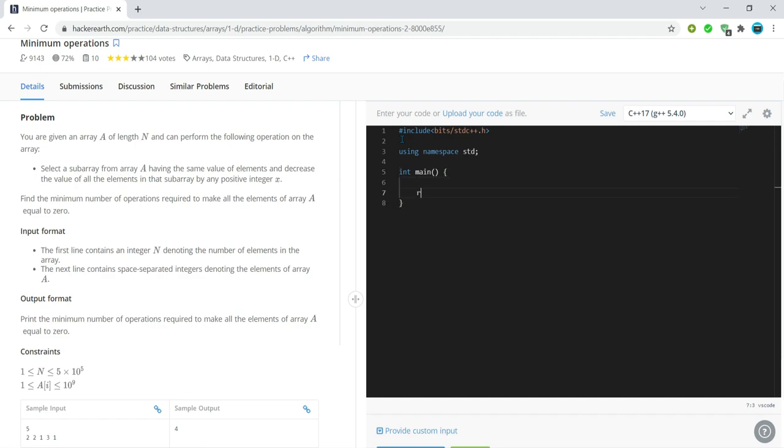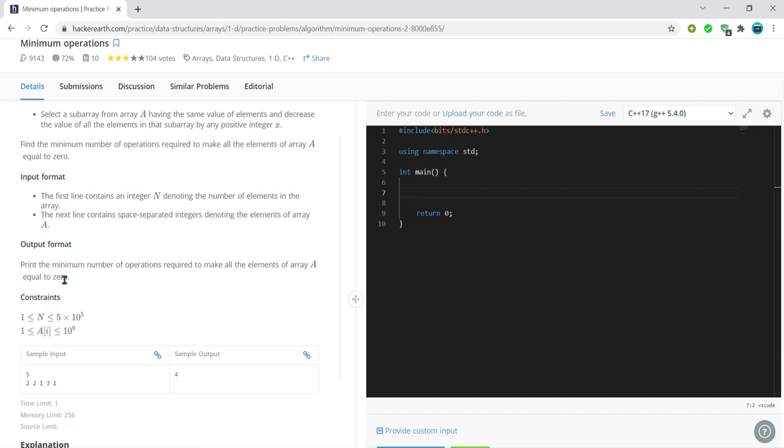Okay, here we have our basic layout as usual. Let's see our input format. The first line contains an integer n denoting the total number of elements, and the second line contains the array itself. So let's just input the size of the array and then